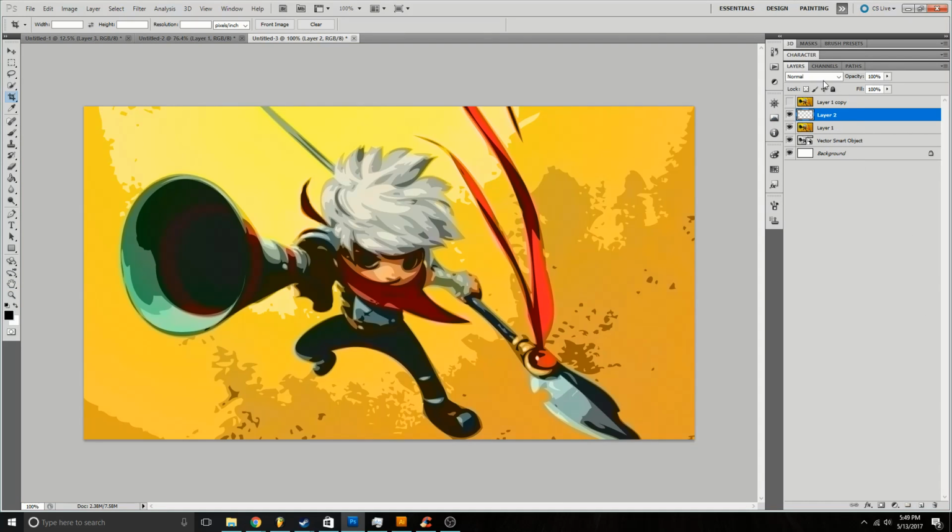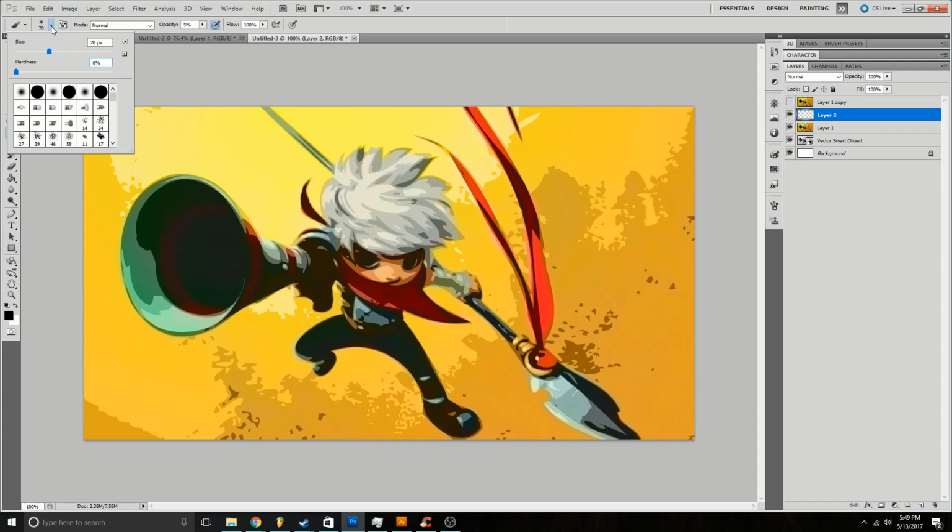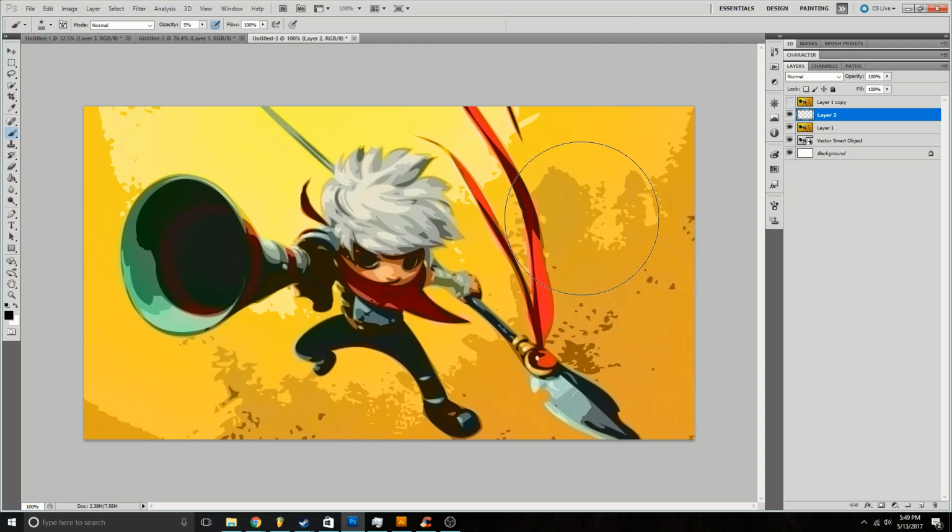The next thing I'm going to do is just create a new layer that's normal blend mode. Go to my brush tool, set the hardness down to 0, and set the size up to, let's go a little bit higher, a bit smaller, 300-ish. Pro tip, you can change the size of your brush on the fly using the open and close bracket keys on your keyboard. Open bracket to make it smaller, close bracket to make it bigger. Very handy stuff. I'm going to make sure the opacity is set down to something like 5,